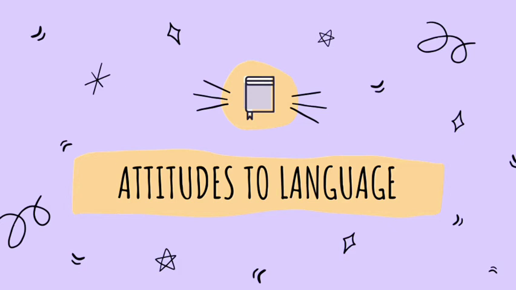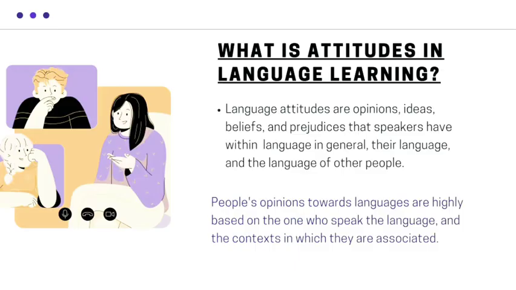The first subtopic is about attitudes to language. So what is actually called an attitude in language learning? Language attitudes are opinions, ideas, beliefs, and prejudices that speakers have within language in general, their language, and the language of other people. Have you ever noticed someone who talks using a language that you consider strange and weird? Your judgment about certain language is what a sociolinguist calls an attitude. People's opinion toward language is highly based on the one who speaks the language and the context in which they